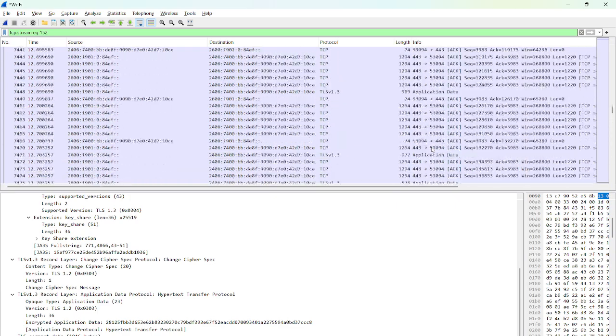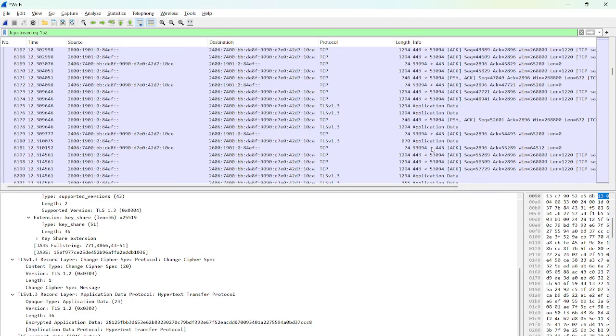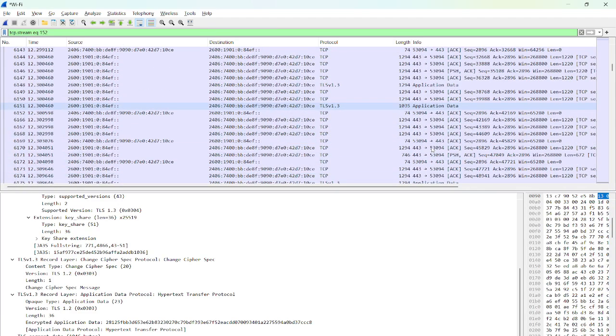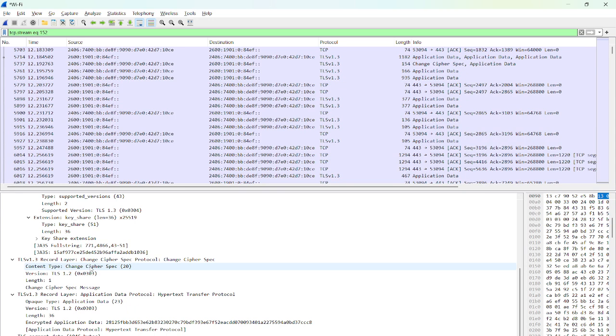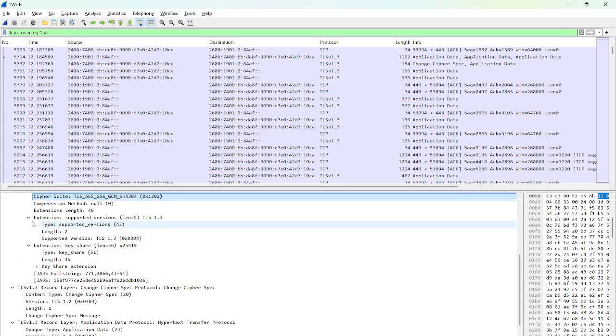I think we have not received a certificate. We have only the server hello, with the extension key share.